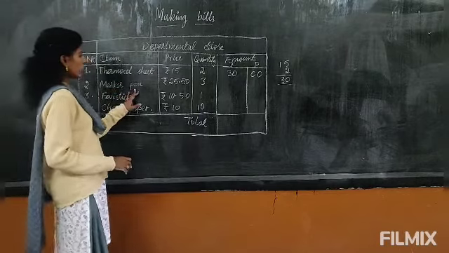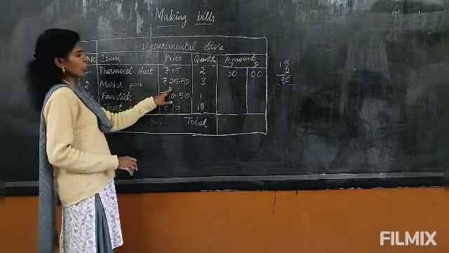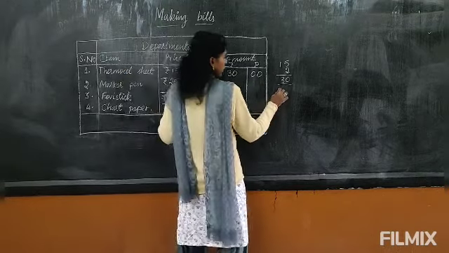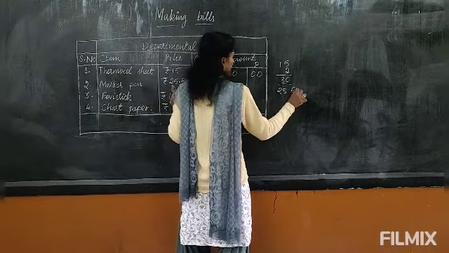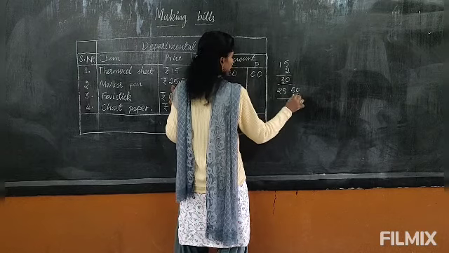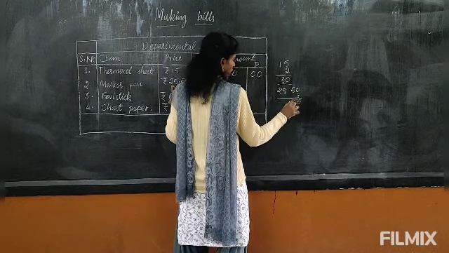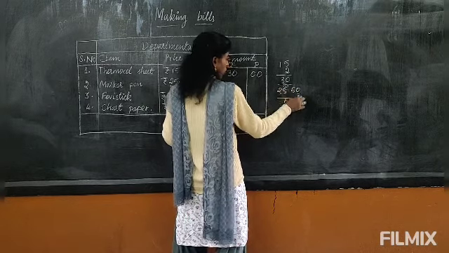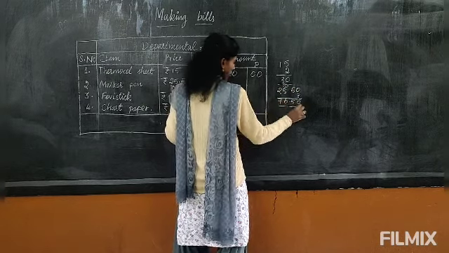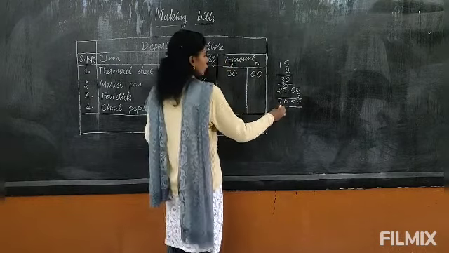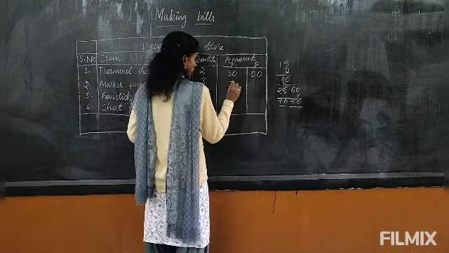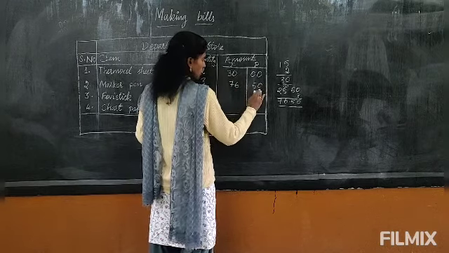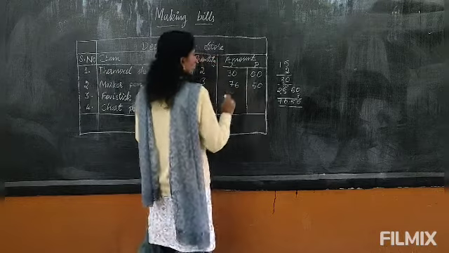Again, marker pen. One pen is 25 rupees 50 paise, and you are buying 3. So this 25.50, how to multiply by 3? If you multiply, 0; 5 3s are 15, carry over 1; 5 3s are 15 plus 1, 16, carry over 1; 2 3s are 6 plus 1, 7. So it is 76 rupees and 50 paise. So 76 is the rupees, you write in the rupees place, 50 is the paise, you write in the paise place.